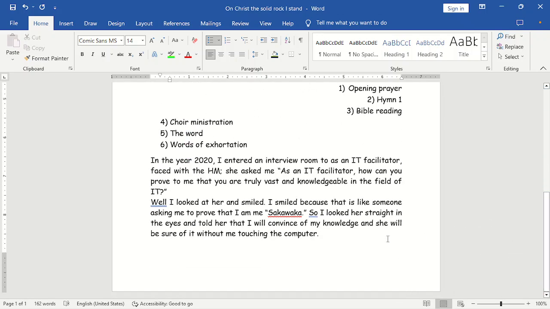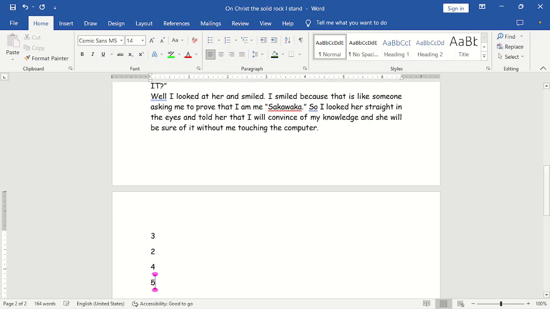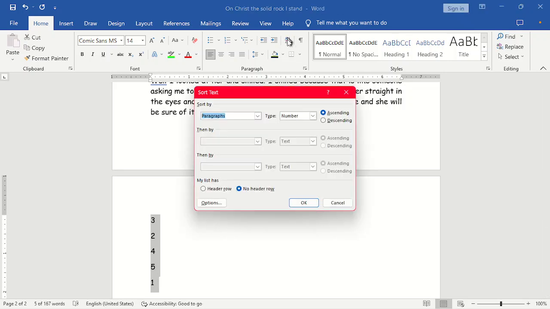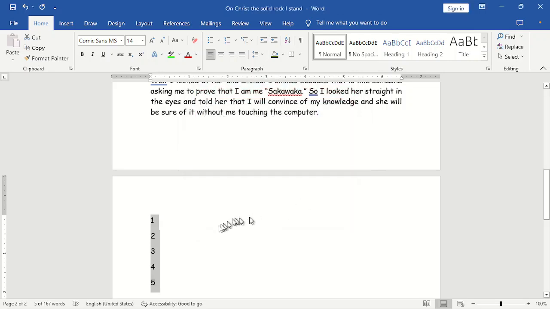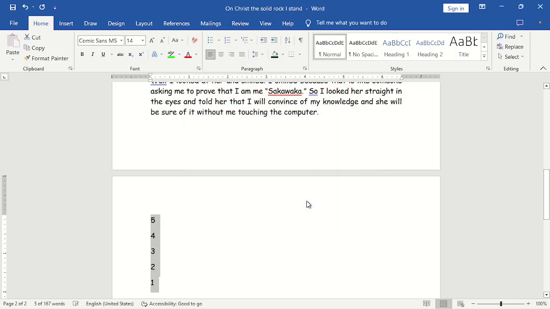Another thing is sorting. How can I sort? For example, if I have numbers, look at this, I have random numbers 2, 4, 5, 1, and then I want to arrange them in order. What I will do, I will highlight them and then come here to sort. If I click on sorting, you see the sort text. I can now decide to sort them ascending or descending. Let me sort ascending. Now okay, you see everything gets arranged from 1 to 5, and then if I click and sort in the descending order, you see it starts from 5